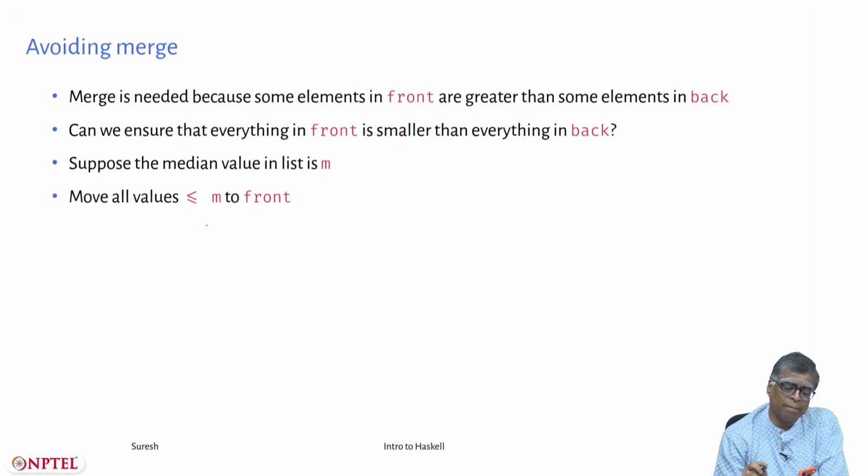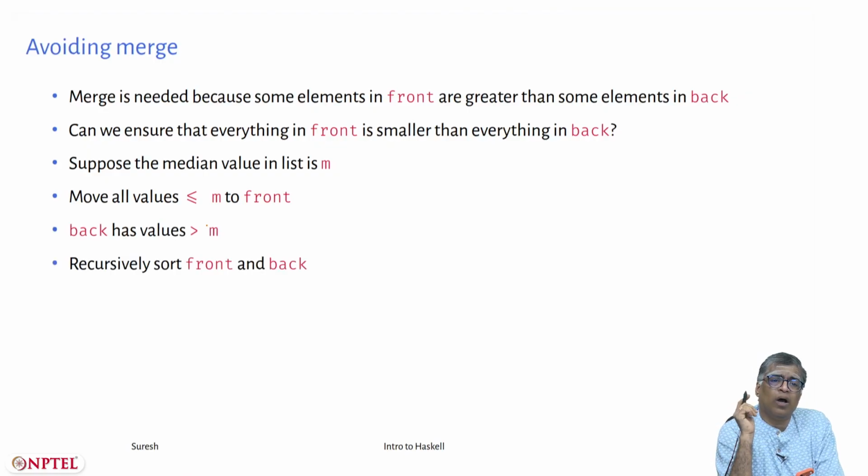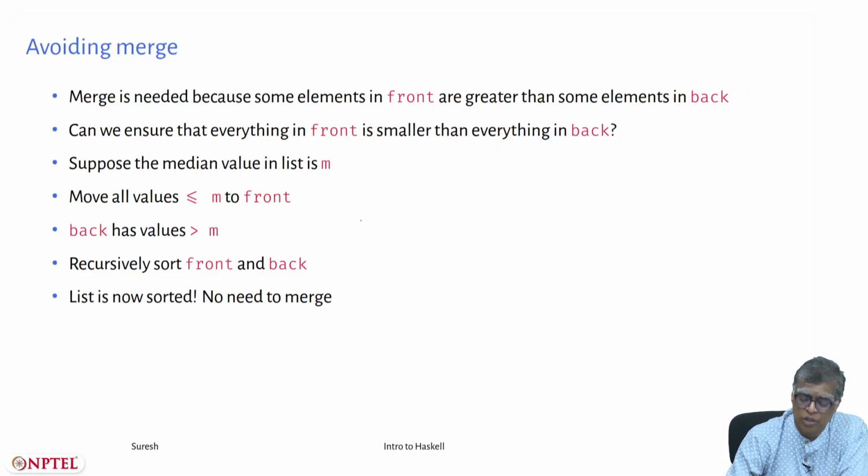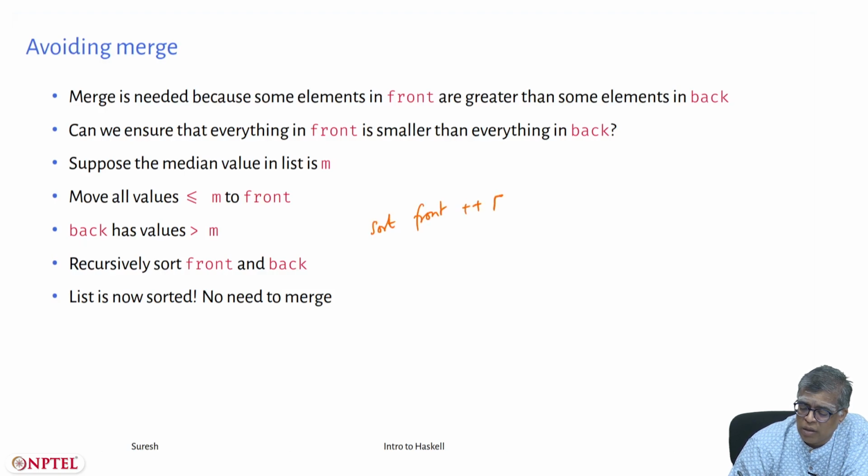Suppose the median value is m, then you can move all values less than or equal to m to front, and all values greater than m to back, and recursively sort front and back, and finally all you need to do is sort front plus plus the singleton list consisting of the median element plus plus. In fact, you don't even need to do that because you're putting the median element also as part of front. So all you need to do is sort front plus plus sort back,